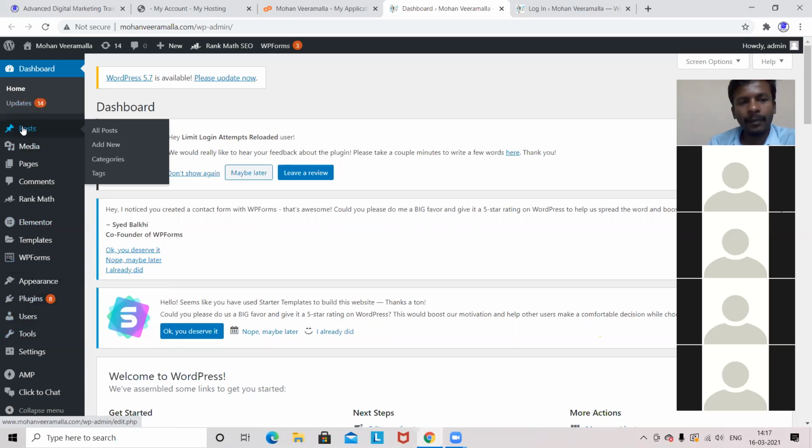And here we have Posts. In a website in general, we'll have a logo and menu in the header part. In the menu, we can see home, about us, services, blog, and contact. Now these sections will be available. Now, blog is not a page, it is a category. That category will be created from the Posts option. When I hover on Posts, I can see a Categories option here. That means I can create a category from here, and I can make that category into the menu.